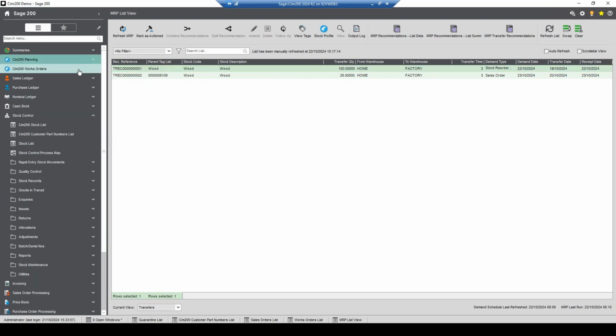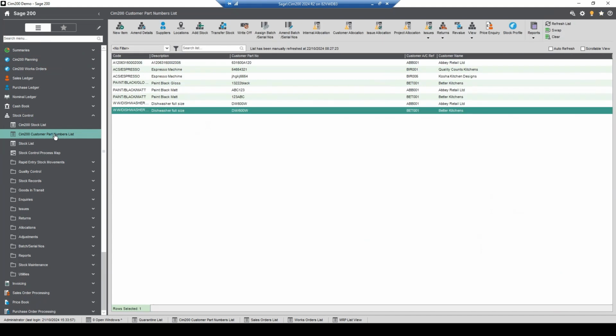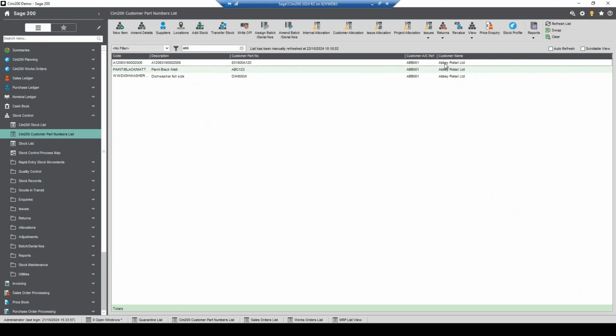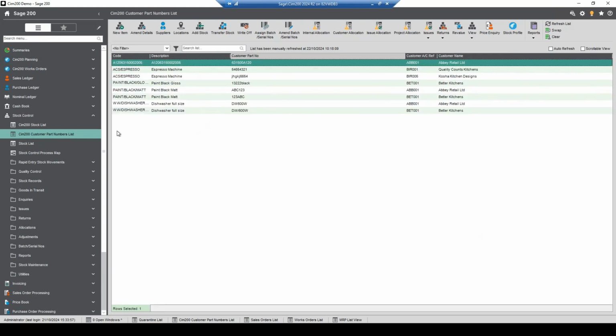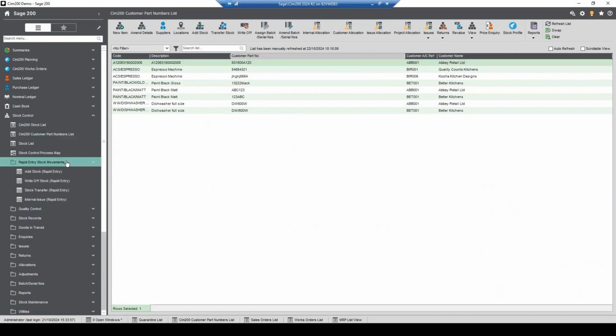Okay. So just a few things there on the MRP side of things, and you can have sales forecasts for customers and such like. But if I go back into the stock control, as I mentioned, we have customer part numbers. We also have a list view of customer part numbers, which can be filtered, let's say, for Abbey Retail, and I can easily print out Abbey Retail's stock list. We also have rapid entry stock movements for adding stock, writing off stock,